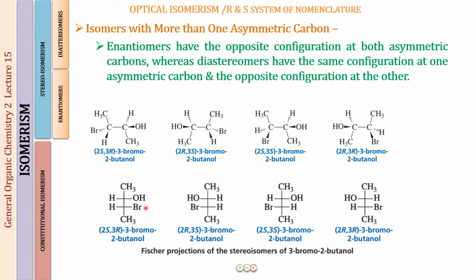So OH and a Br, if you are going to again superimpose them on each other, you will find that they will be non-superimposable. They were non-superimposable as such, and they will be non-superimposable when they are rotated at an angle of 180 degrees also, so they form a pair of enantiomers. The other thing that you can check is that this molecule does not have a plane of symmetry.